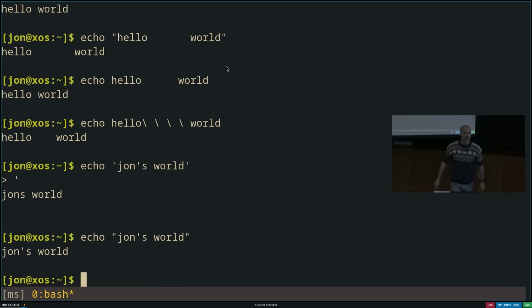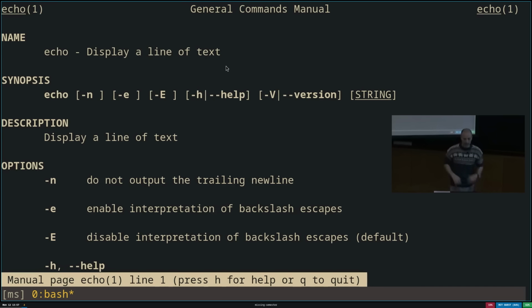And so that way you would end up with the expected output. Now, one of the most useful programs you'll find on here is a program called man, short for manual. The manual allows you to pass in the name of another program, and it explains how to use that program. So for example, if I type man echo, so echo is the argument here to man, I get a manual